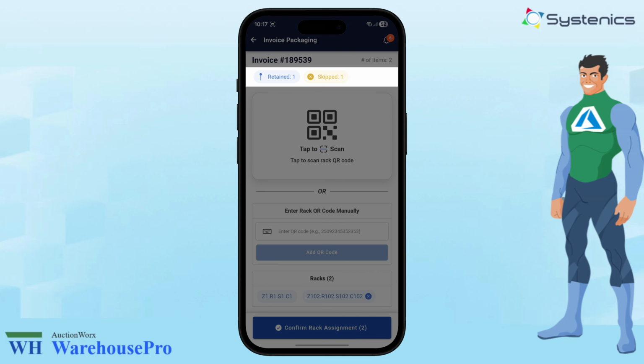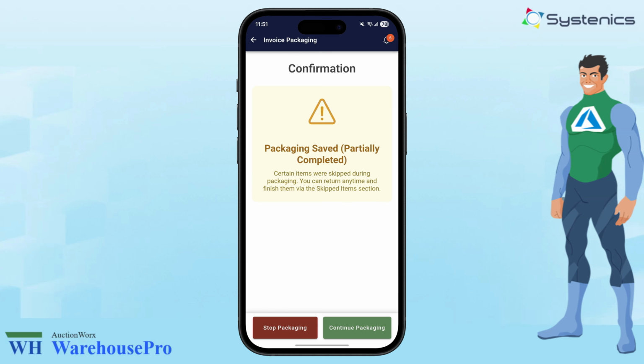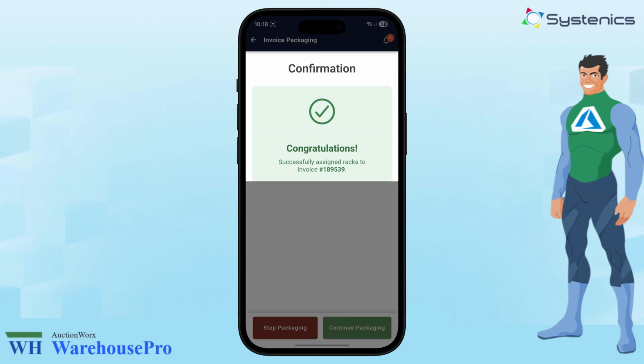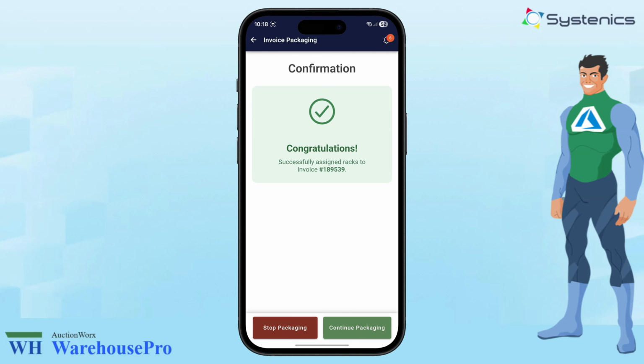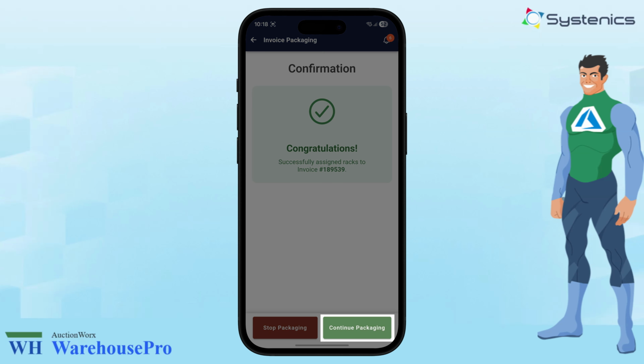When there are any skipped items, you will see a partially completed message. Once you pack all the items, you will see the success message of packaging complete. This completes the packaging of the invoice. The staff can now click on Next to continue with another invoice packaging, or click on Stop Packaging to end